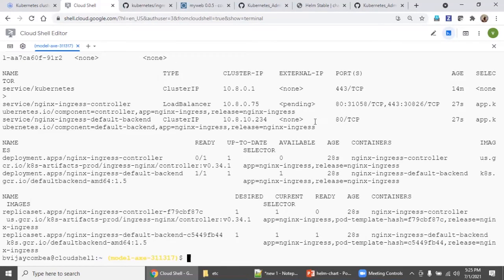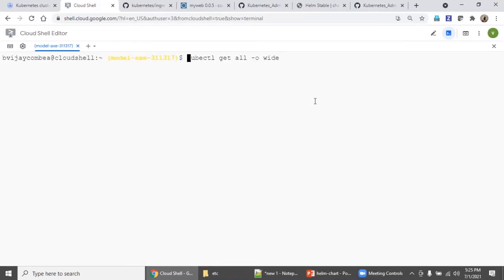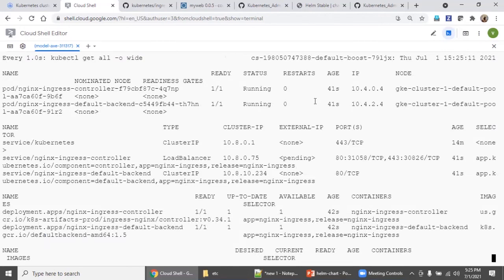So what you need to do is run the same command and wait for the public address. External IP, it's pending. So wait for some time, you will get it. So in order to wait, keep running this command. We know this command will do the trick. So let's check this automatically.